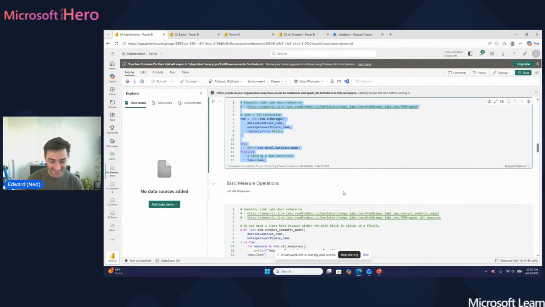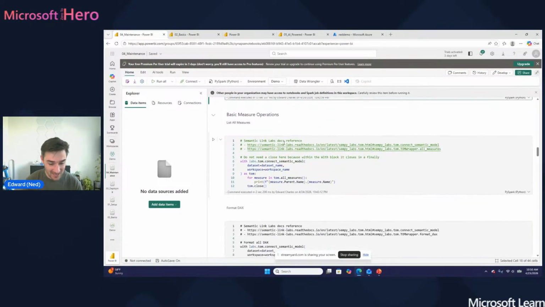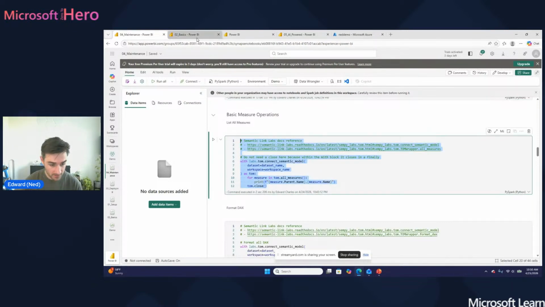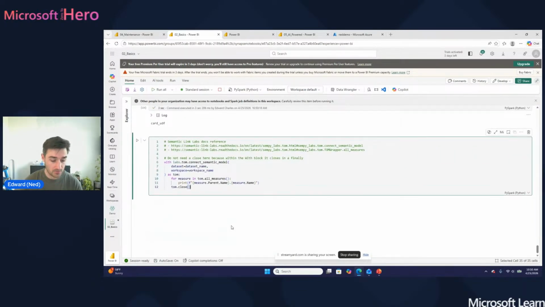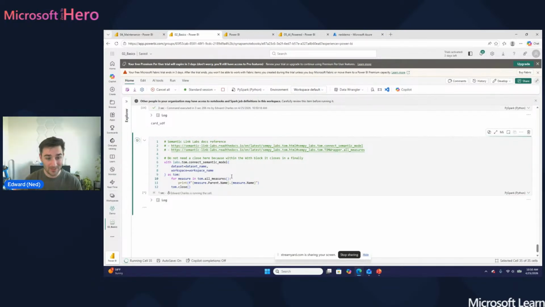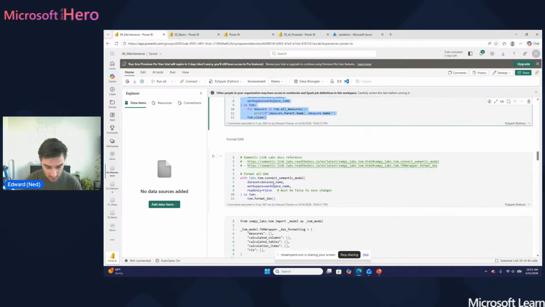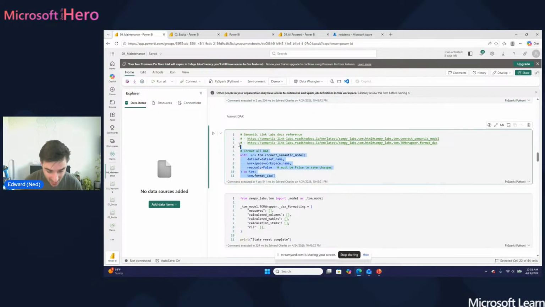But going down here, as you can see, I just opened a connection to the semantic model right here, and then I closed it. But when you open that connection, you can start to do all kinds of fun things. For example, you can refresh, you can print all measures, right? Which you could do already. So here I am getting the table,